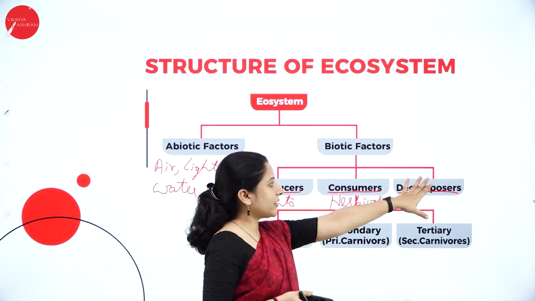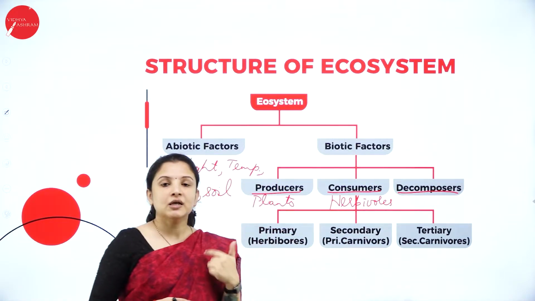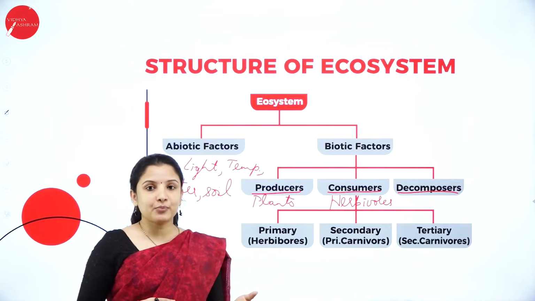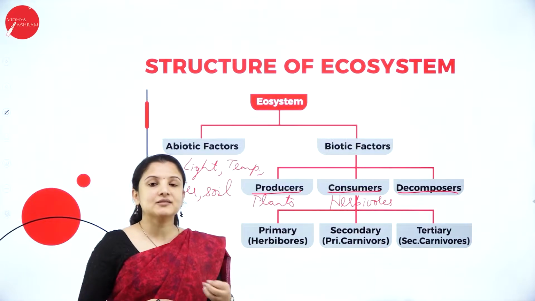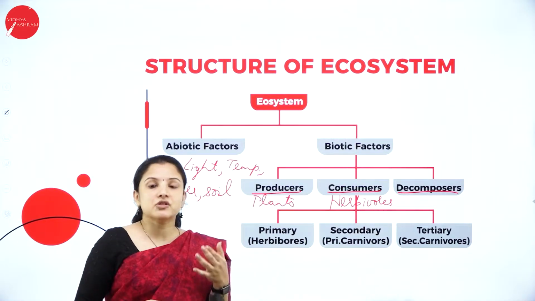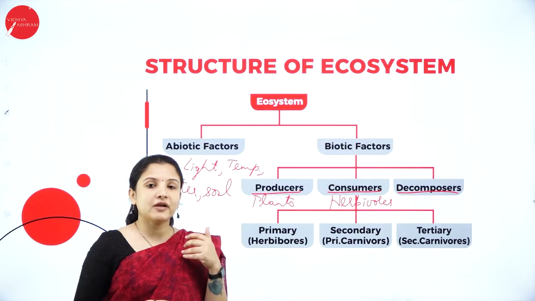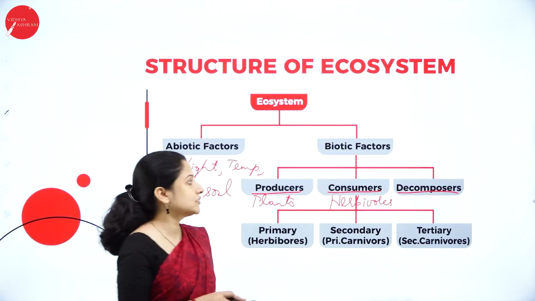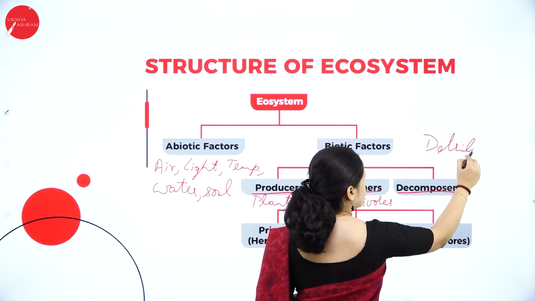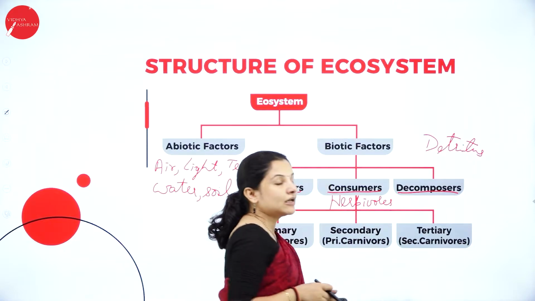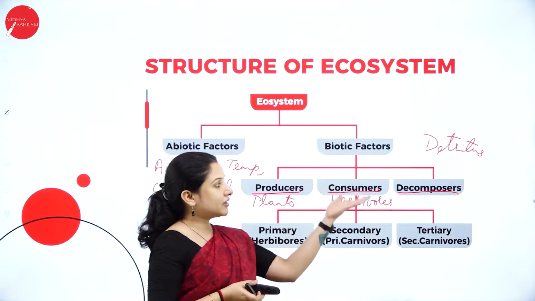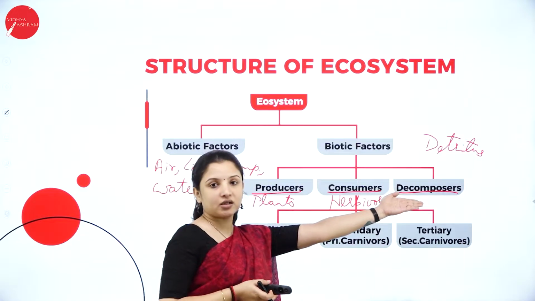Next, under biotic factors, we have decomposers. Decomposition means to decay something, right? The best decomposers that we have in the environment are the microorganisms such as bacteria and fungi, which are the saprophytes. And also we have the detritus. Detritus feeders are organisms such as the earthworm. Earthworms also help in decomposition and increasing the fertility of the soil. So they come under the detritus. So all these come under the decomposers.